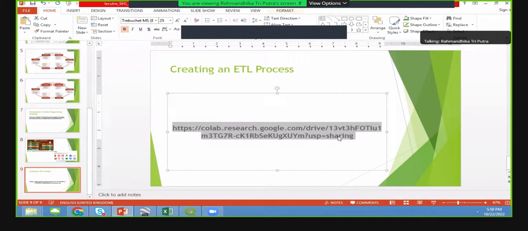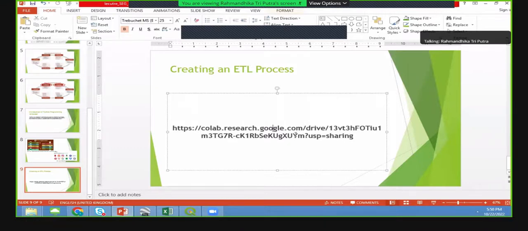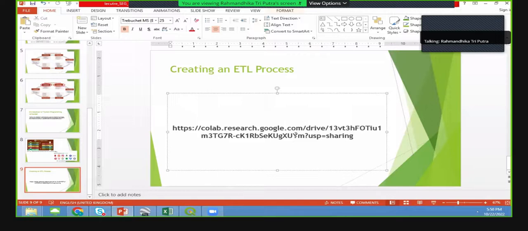This link will guide you to the Google Colab website. Google Colab is essentially a notebook. Maybe some of you know the Jupyter notebook, but essentially it is where we can run our programs in Python,